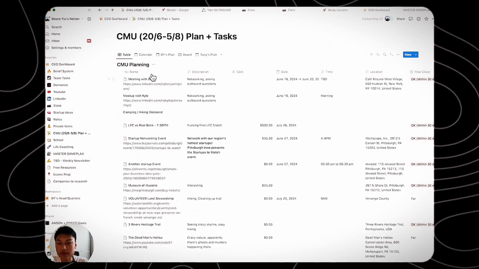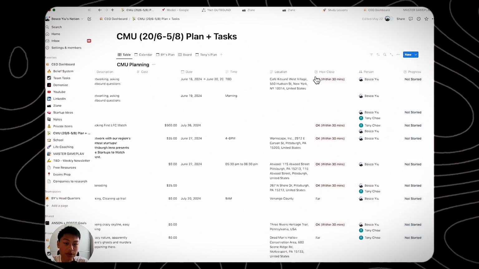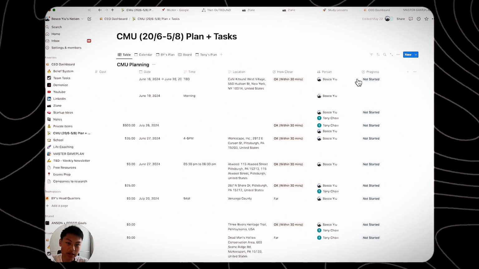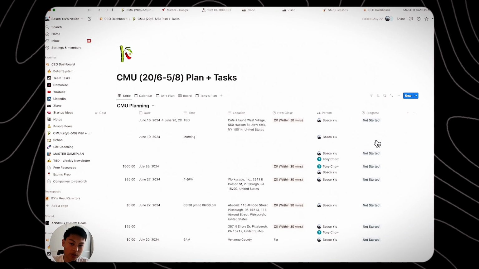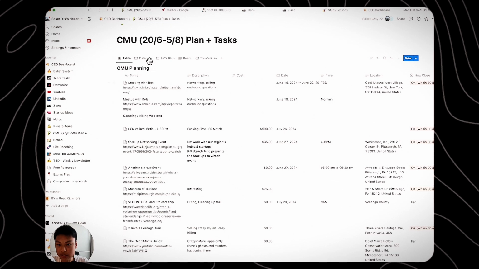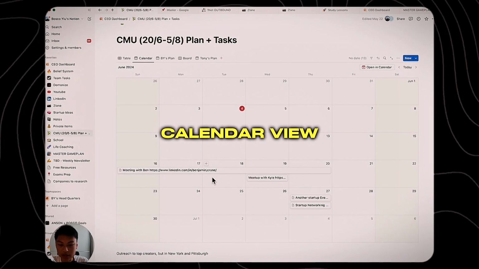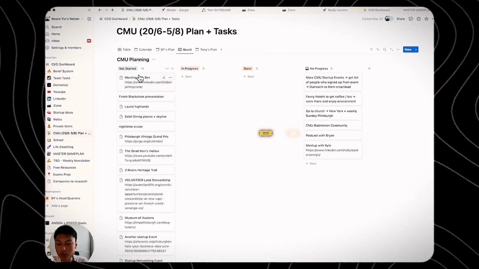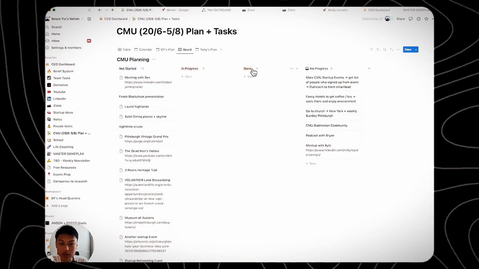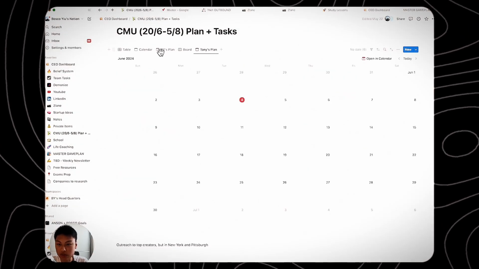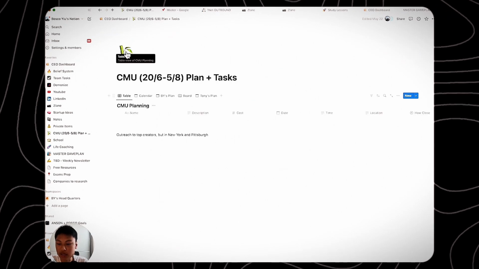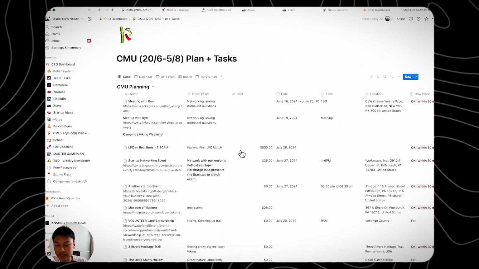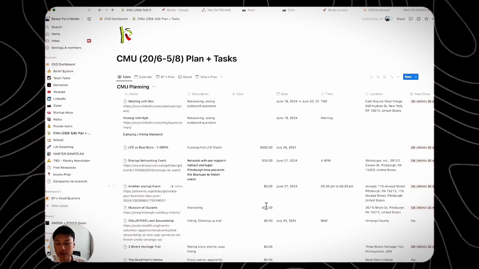And you can see I have the name, description, cost, date, time, location, how close it is to the campus, and then the person, and also the progress of whether we accomplish a task or not. And the best thing is that you can actually move to your calendar view, and then you can see it literally in your calendar. And after that, you can also move to your board view, where you can have not started, in progress, done as the filters. And obviously you can have someone else's plan and your personal plan here. So this is actually a really cool feature that you can share with your friends if you guys are planning a shared trip, so you know if you want to attend some